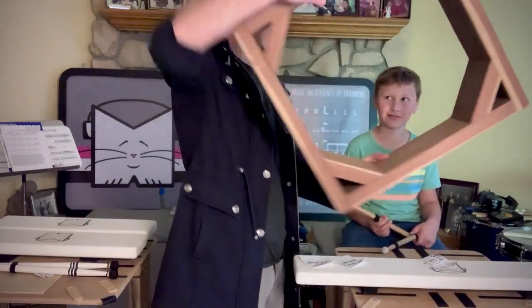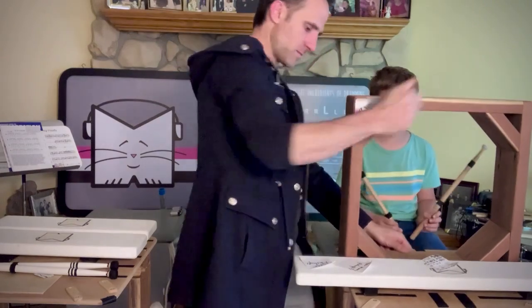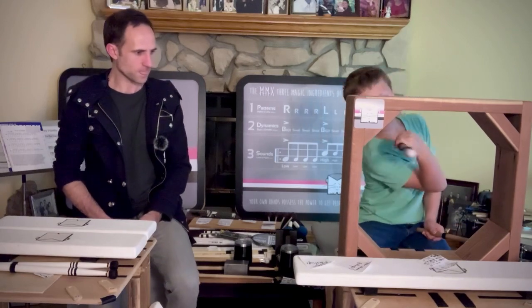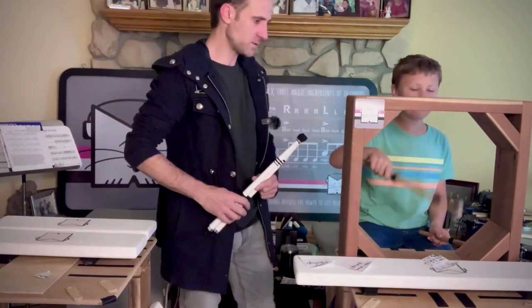It's the octagon. I should put Velcro on the back, underneath this, but I'm sure it'll be pretty good. Okay. This is what I want you to do. I want you to,